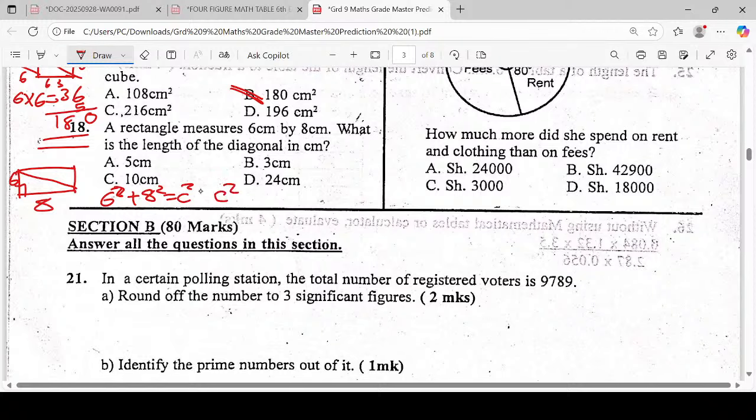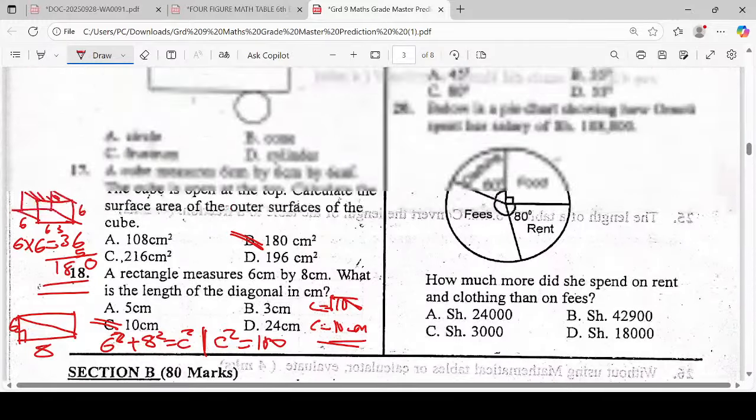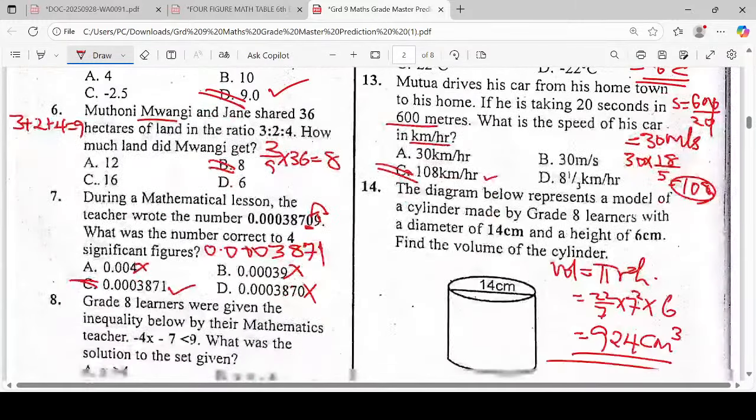So c squared here will be equal to 100. So the value of c will be given as the square root of 100. So c will be equal to 10 centimeters. C will be equal to 10 centimeters when you follow the rules of the Pythagoras theorem. And now I look at question number